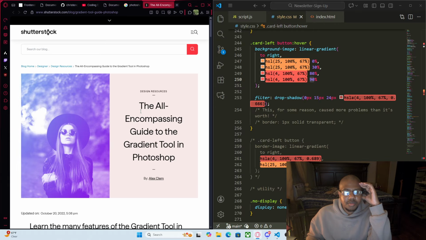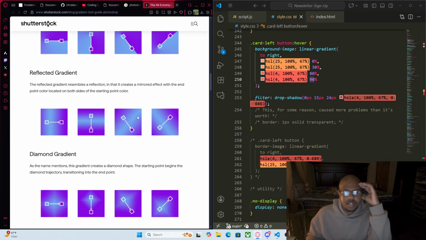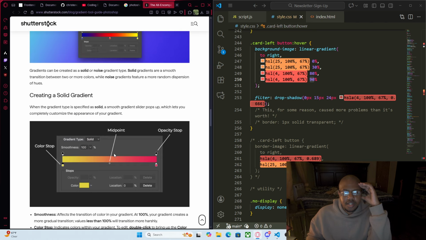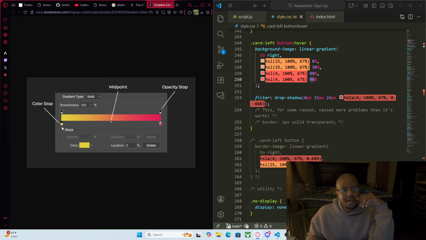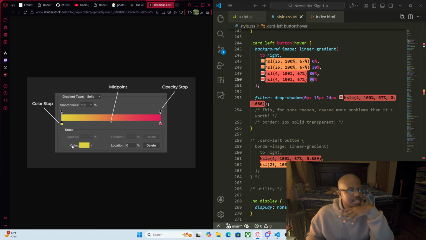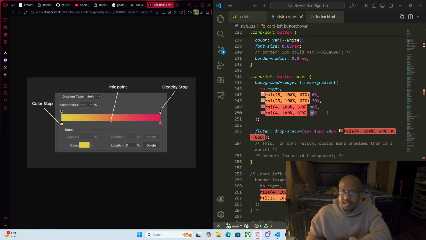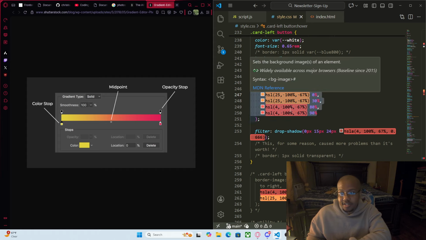Let's see if we can go to this website, if it'll load. Okay, open image in new tab. So you see right here, it's similar colors. You see how it has stops. I guess this goes from 0 to 50%, and this goes from 50 to 100%. Well, you can kind of do that in these. It's similar. And you really don't have to have this many. I was going through a lot of trial and error because I was,